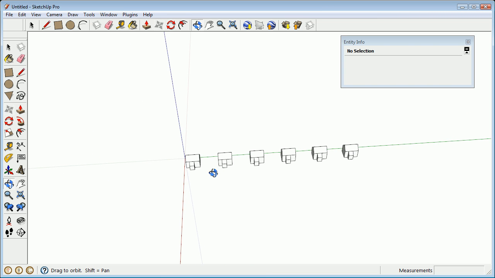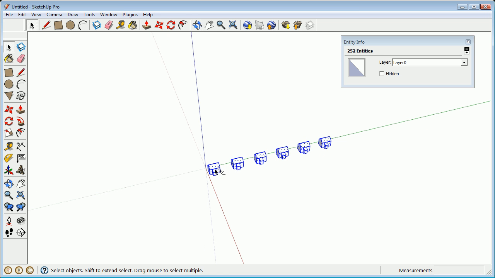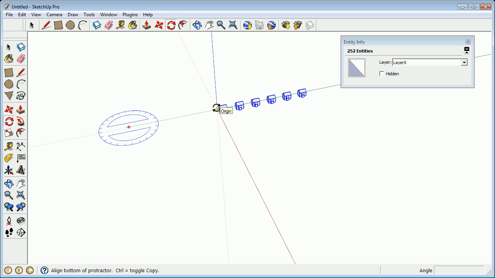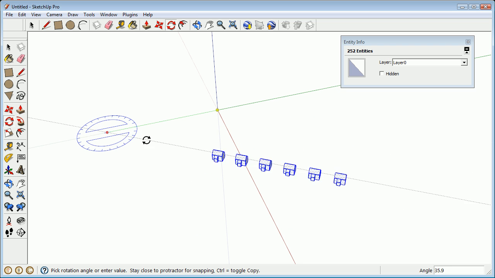Another type of array is called the rotate copy. So if you grab your selection tool and select all of these and grab the rotate tool, I have a shortcut for it. If we're going to make a copy around a circle, we just pick the center point, click once, and you'll see that it gives you this line following your cursor. Click on the point of the house, and you'll see that it rotates it from the center point that you